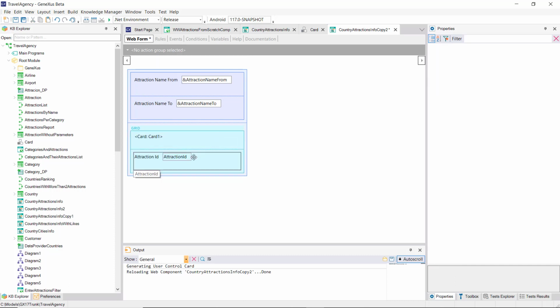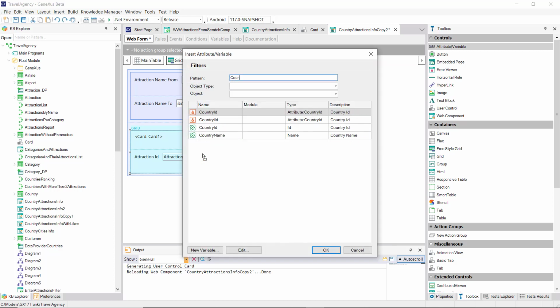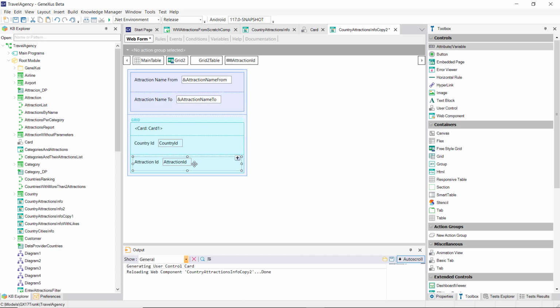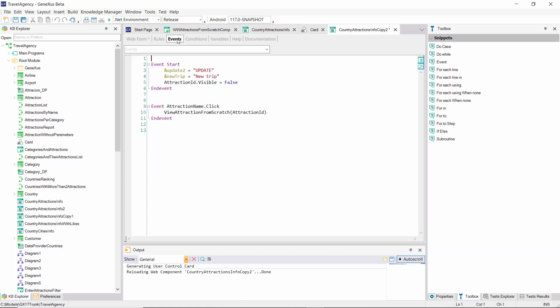We're going to remove everything that we no longer are interested in. We're going to add the country ID attribute because we'll want to send it as a parameter. Attraction ID no longer interests us, and we're going to set country ID as invisible.